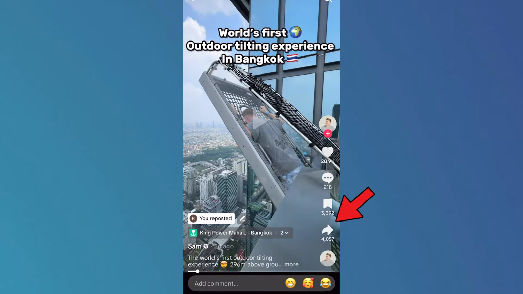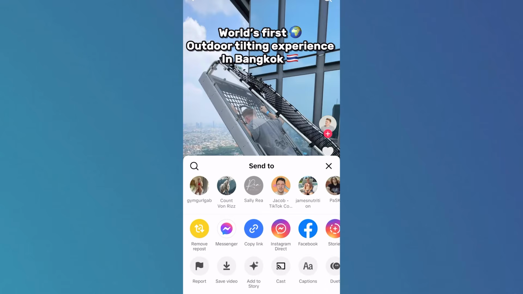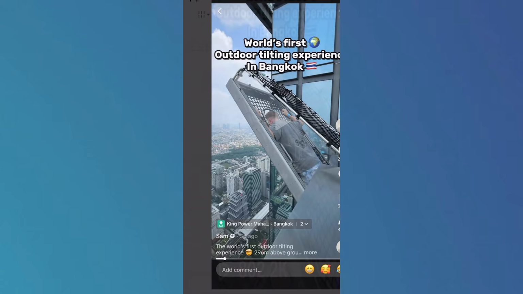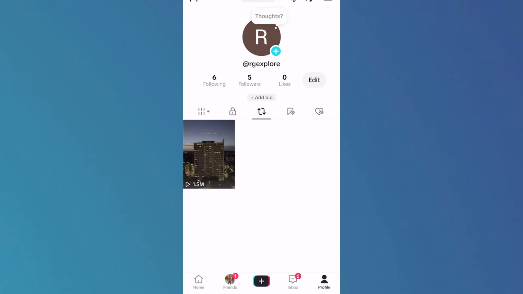You can then click on the share button in the bottom right hand side and you can always click on remove post. Now, the only thing with using this method is if you have multiple reposts, then obviously this is going to take a long time to go and achieve. So if you have hundreds or thousands of reposts that you want to delete all at once, then what you'll